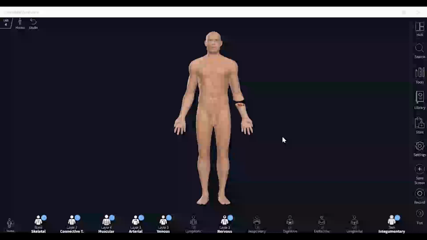One more point I would like to add. If you want to know more details, there are two things. One is that Complete Anatomy blogs are available, wherein various teachers have uploaded their experience using this app. And there are also webinars; free webinars are available. It's a very useful resource to see the various applications of this.